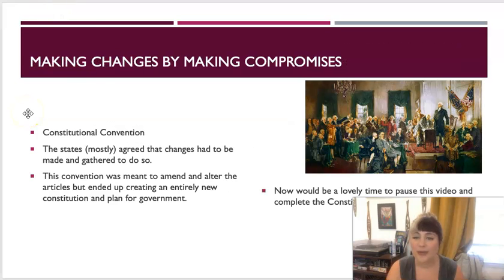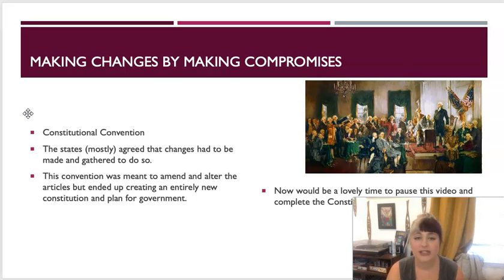All right, welcome back from your first discussion post from this module. I hope you made it a good one. So we left off talking about the Articles of Confederation not being super strong, and then of course leading to issues with Shays' Rebellion and everybody kind of looking around at each other like, oh no, gotta change. So they decided to hold a constitutional convention because most of the states, mostly everybody, agreed that something had to be changed, something needed to be done to make sure that this plan of government they had was effective.